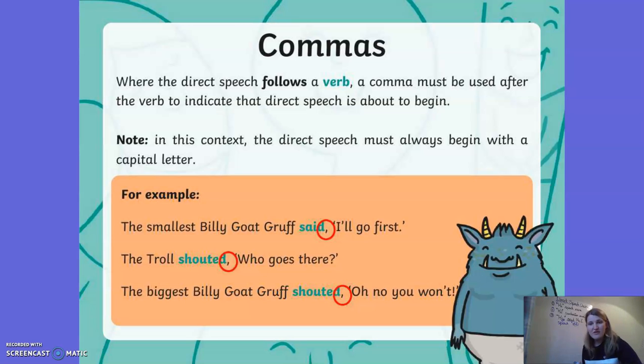What about, though, if we have who's speaking first? So, for example, we've got here, the smallest Billy Goat Gruff said, there's my verb, "I'll go first." The verb and the speaker are before what's being said. If it comes first, then we put the comma before the speech. Okay, so if we look here, let's have a look. So if I swapped this around, if I had Mrs. E said, "Hi,"